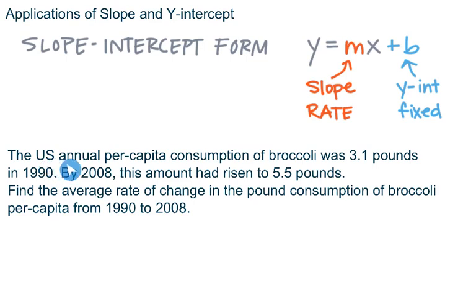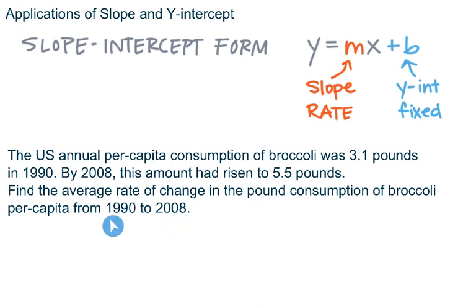We have that the U.S. annual per capita consumption of broccoli was 3.1 pounds in the year 1990. However, by 2008, this amount had been rising or increasing to 5.5 pounds. Let's find the average rate of change in the pound consumption of broccoli per capita over that period of time